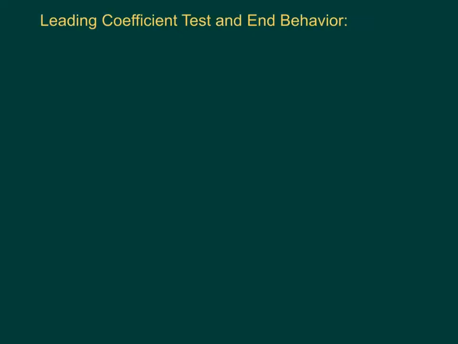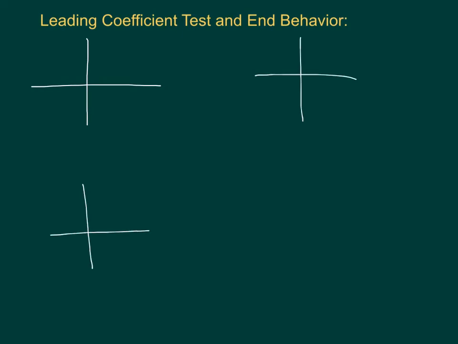So we're going to learn about the leading coefficient test, which basically helps us to determine a polynomial's end behavior for the graph of a function to either the far left or the far right. So we call that end behavior. And there are 4 types of end behaviors. So I'll go over 4. So basically,